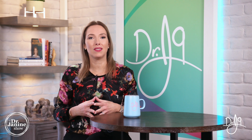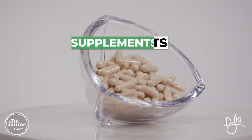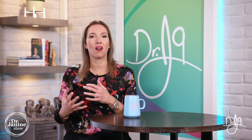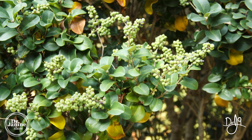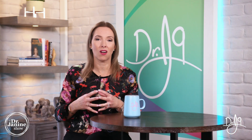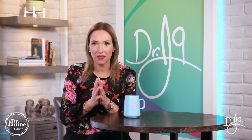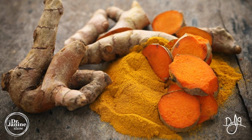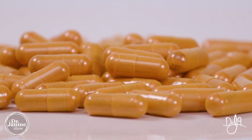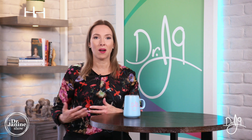Tip number 3 is to include some herbal medicines, a supplement, and a natural way now to help to find that cholesterol balance. Some of my favorites are Commiphora mukul tea as well as garlic, and these can be found in formulations that focus on cholesterol health, as well as coenzyme Q10. I'm a big proponent of that, and turmeric as well, with that active component of the curcumin, can be very balancing to cholesterol levels and help with liver function as well,